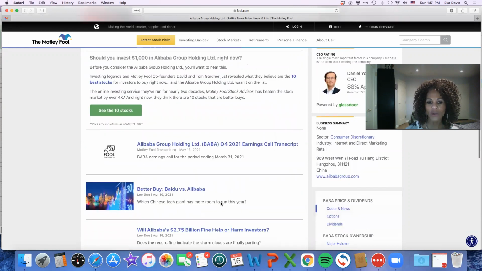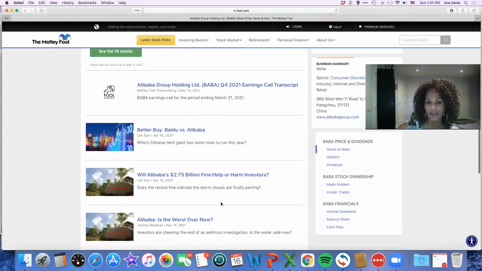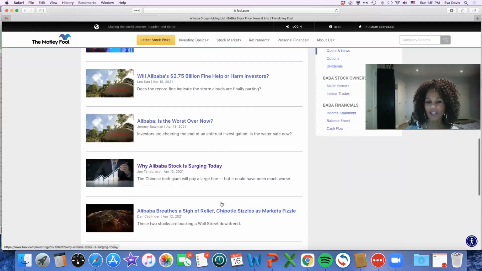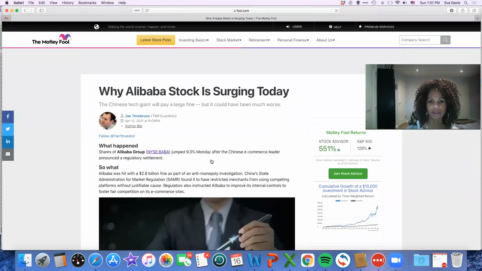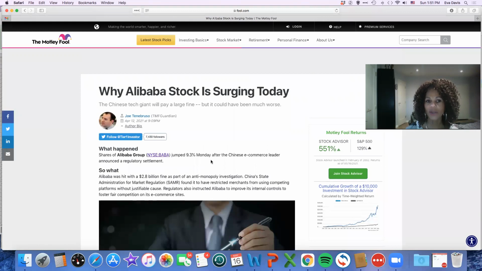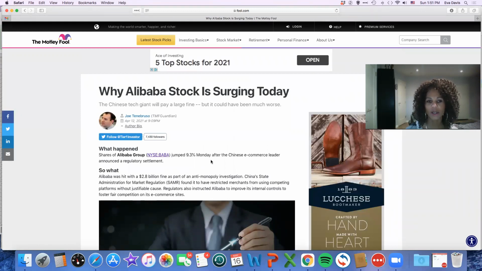Then if you also scroll down here on the left, you can find lots of great articles. Here's one that certainly looks interesting: why Alibaba stock is surging today. You might want to read that to get more information. So again, this is where you can find lots of great data and otherwise about whether you think this is a good stock to pick for your pretend portfolio or your real life portfolio. Now, going back to our assignment,